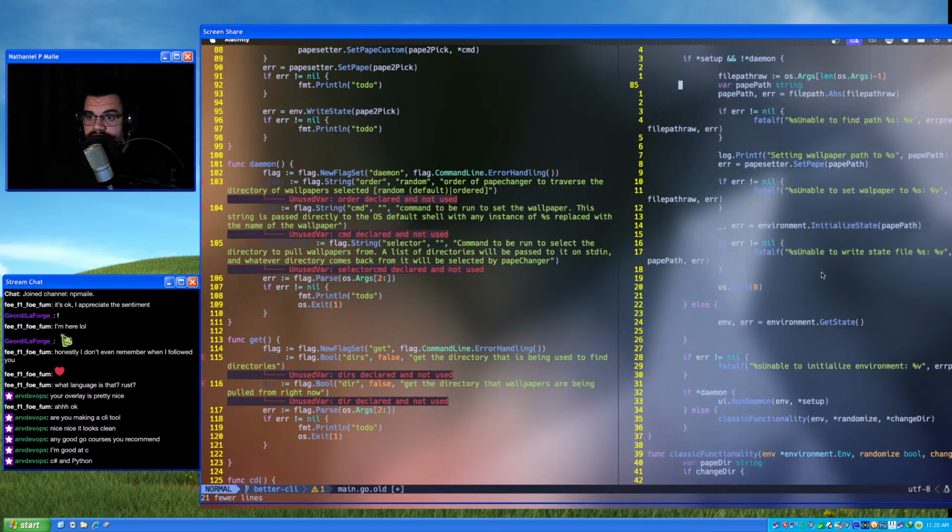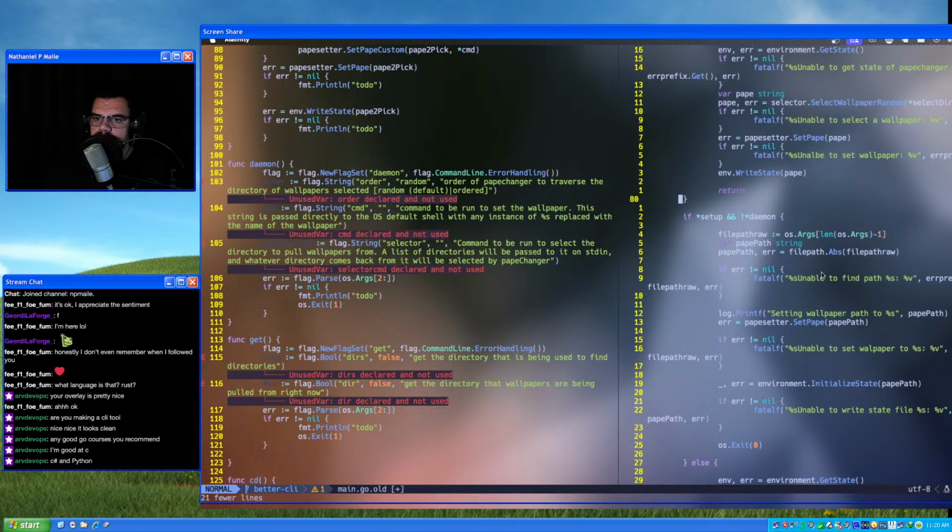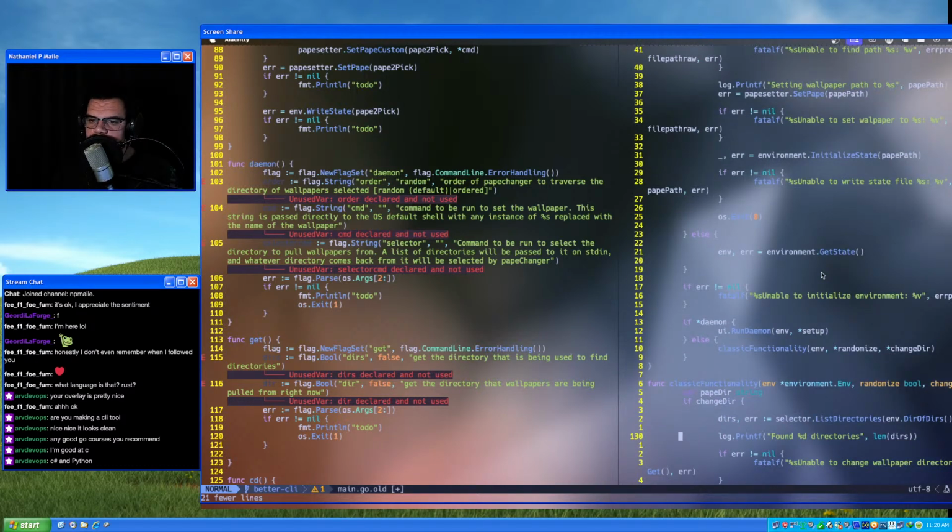It's the classic functionality stuff. So you have the daemon mode. That's if it's set up and not daemon. Where's the one that just checks for daemon mode? There we go. We just call it UI.runDaemon after checking the environment, and we just tell it if the setup is run.